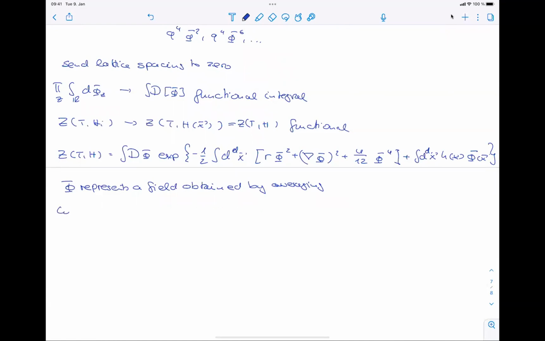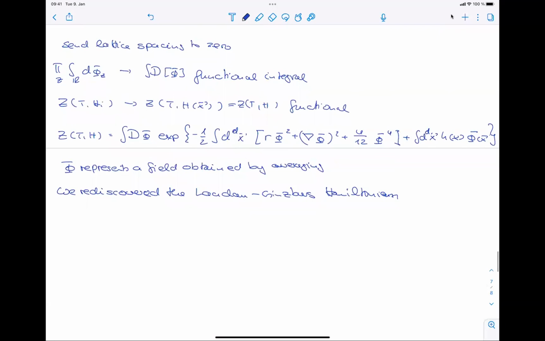And so what we did here is we rediscovered the Landau-Ginzburg Hamiltonian that I wrote down before, where we have an effective Hamiltonian that consists of the integral d^dx of a half, this is just multiplying in the half, phi squared plus r over 2 phi squared